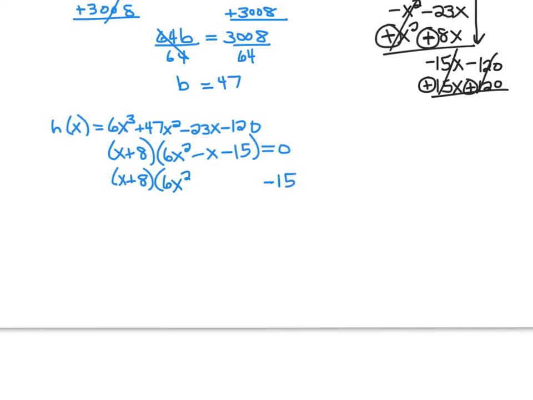It's supposed to be a minus sign. Sorry about that. And don't forget about the equal 0, right? We want to keep that an equation. And then we're going to do the rainbow. We need to come up with two numbers that multiply to, well, since 6 times negative 15 is negative 90, we need two numbers that multiply to negative 90, the rainbow number,